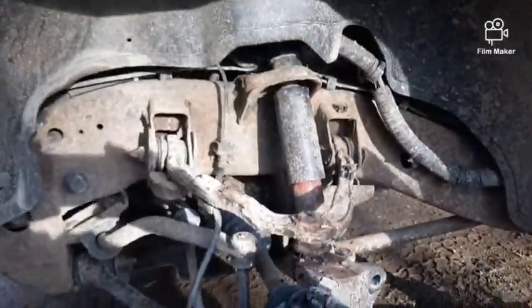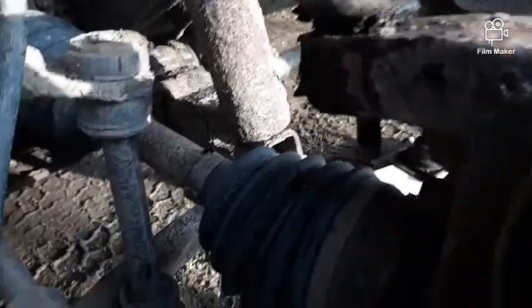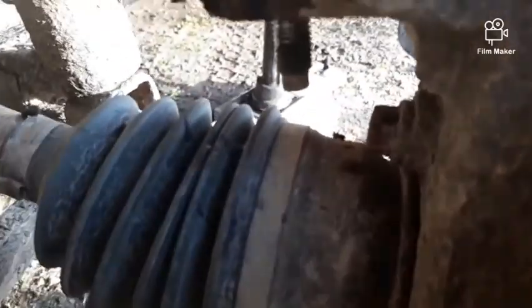Alright guys, I gotta shut you off real quick. I'll show you what I'm dealing with. As you can see, I got that off because right here's one of the bolts I need to get to. Sorry, it's really dark. There it goes. Okay. Right there you can see how...